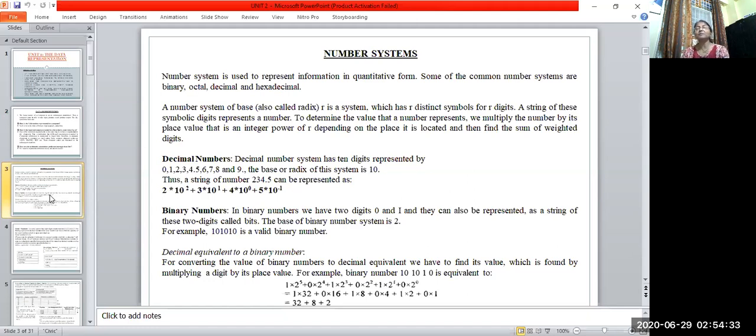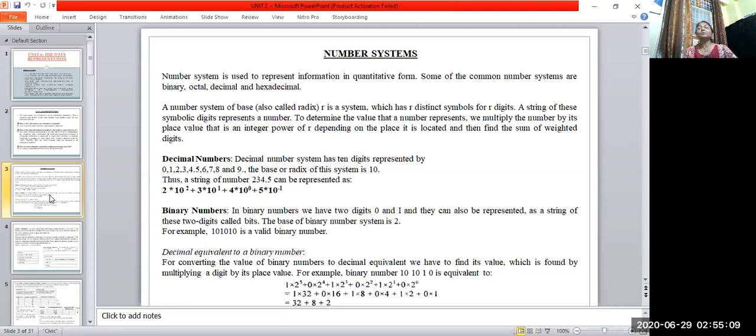Why will we learn about the hexadecimal number system? The hexadecimal number system consists of 16 symbols, 16 digits. It is a larger kind of number system, which means a large number of bits can be represented in a small number of digits in hexadecimal form. So in a computer, when we define the address of a memory location or a network address, we generally use hexadecimal digits to represent that data.